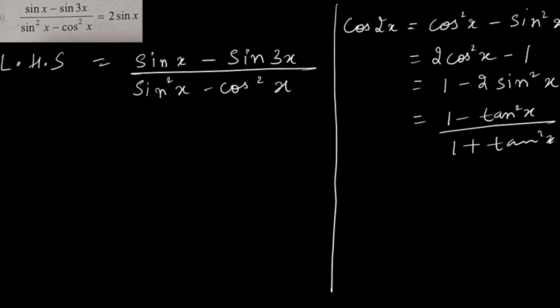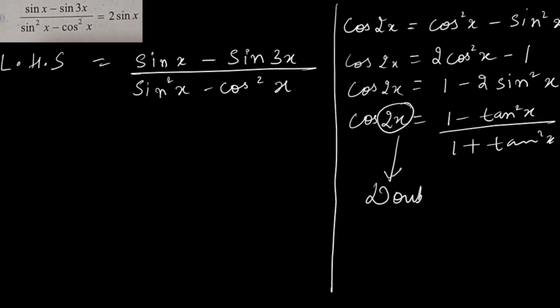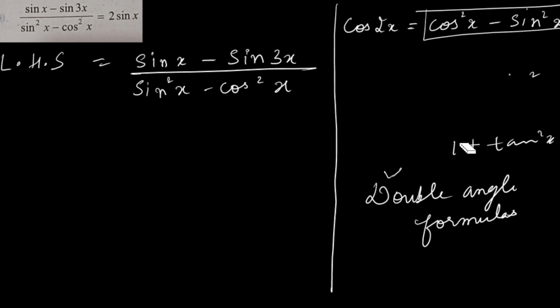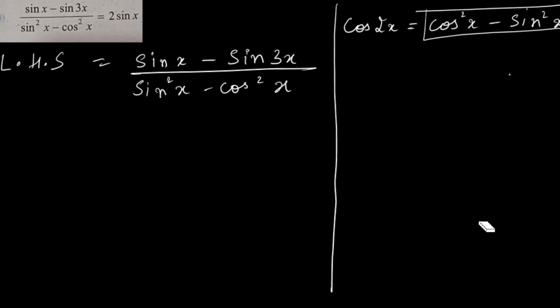So cos 2x I have told you in the previous video, as far as I remember. So these are the formulas. All the formulas are of cos 2x. So when 2x comes, this type of formulas we can say are double angle formulas. Okay. So now you can say cos 2x is equal to cos square x minus sin square x. Okay, so cos square x minus. I have in the denominator this type of expression, but it is opposite. It is sin square x minus cos square x.